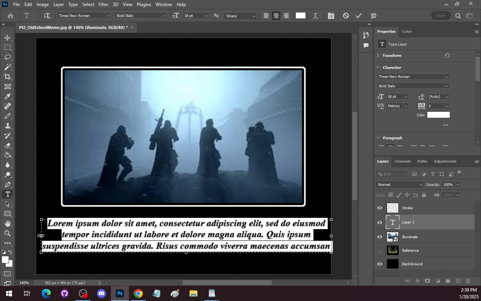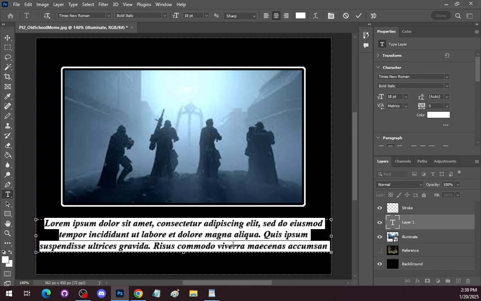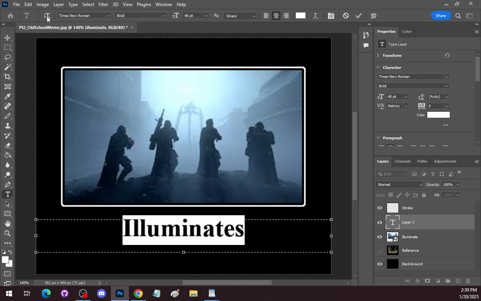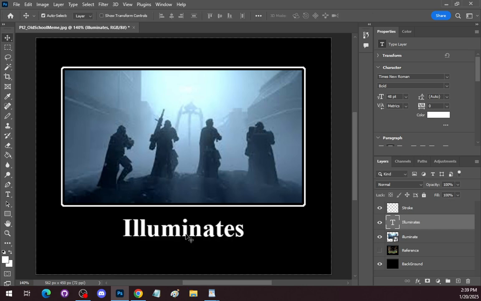With this version of Photoshop, it's going to give you the Lorem Ipsum, all of this. Just ignore it. We're going to paste in Illuminate, capital I on that. And we'll do plural, Illuminates. We're going to do Times New Roman. It's going to be bold. We know this is going to be about 48. And there we go. There's our